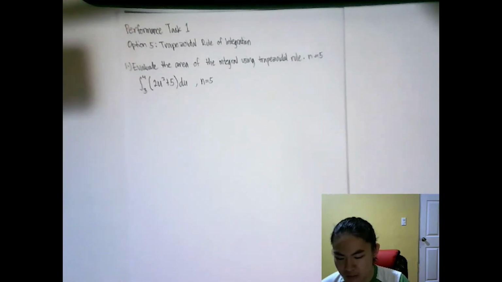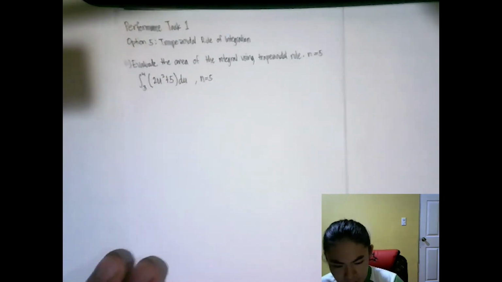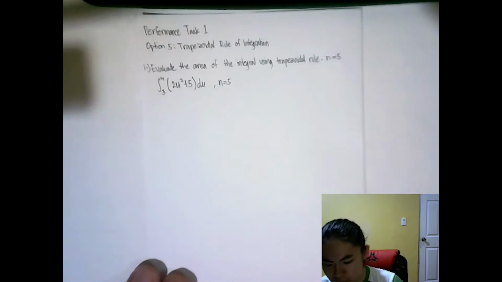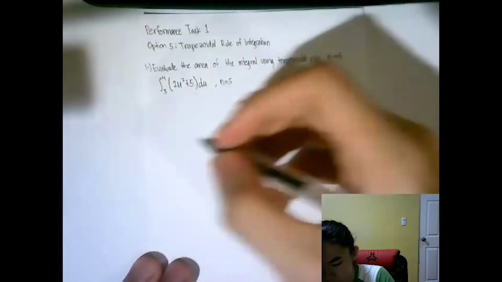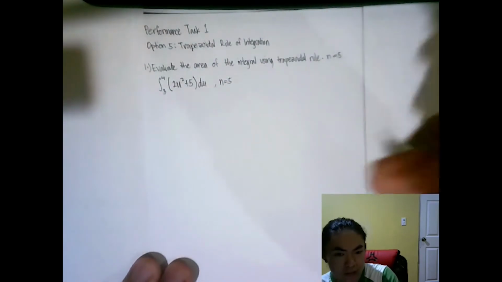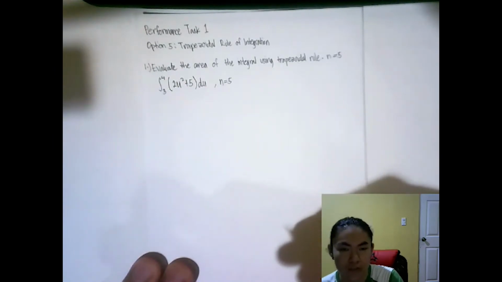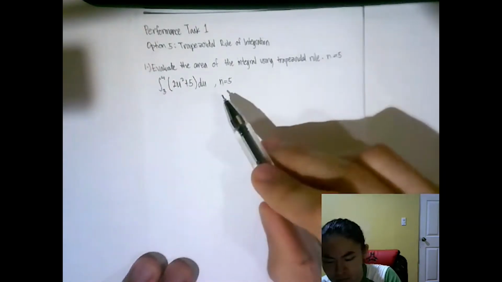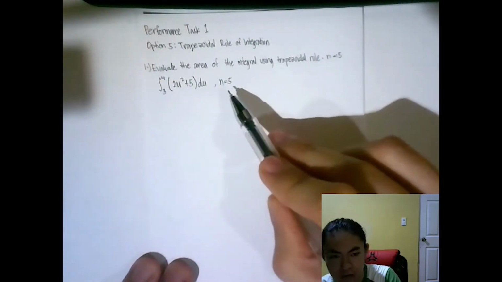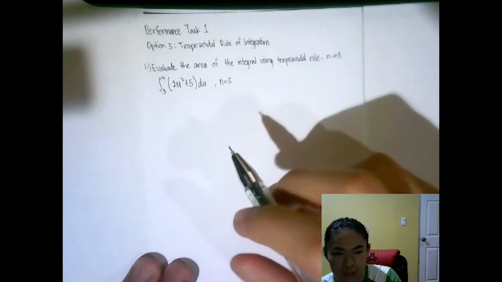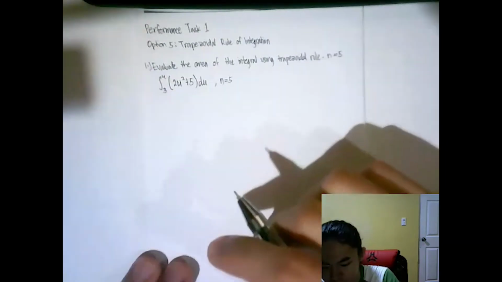So, first problem we have is evaluate the area of the integral using trapezoidal rule. So, meron tayong given na function dito, an integral function with a given interval na 5. Okay. So, ang first step na gagawin natin is to write down yung formula. So, take note, wala tayong specific na formula sa pagsosolve ng ating integral using trapezoidal rule kasi nakadepende siya dito sa ating interval or sa n natin kung ilang number of terms magkakaroon sa ating